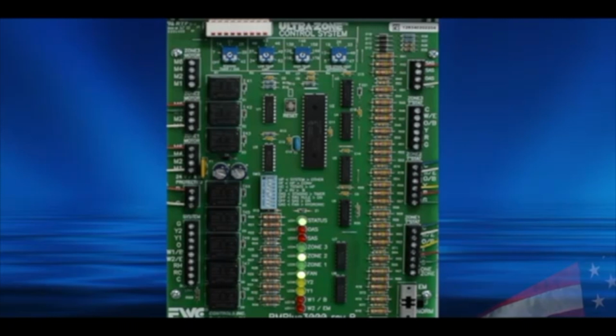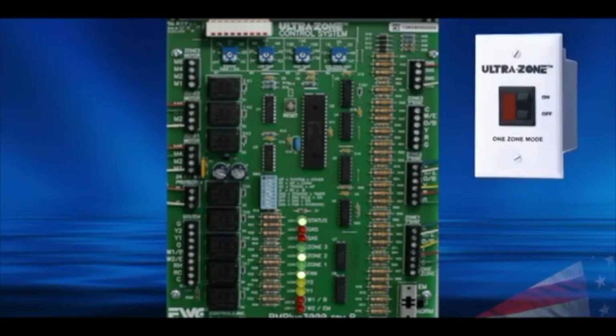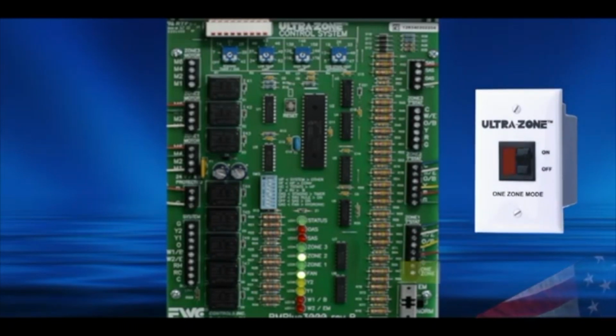Zone 1 also has a 1-zone mode control terminal. This allows you to change the BMPlus from a multiple zone control system to a single zone control system from Zone 1. This is very advantageous for setback or vacation mode in residential or commercial applications. This can be energized by using a toggle switch or a commercial grade thermostat with occupied and unoccupied terminals